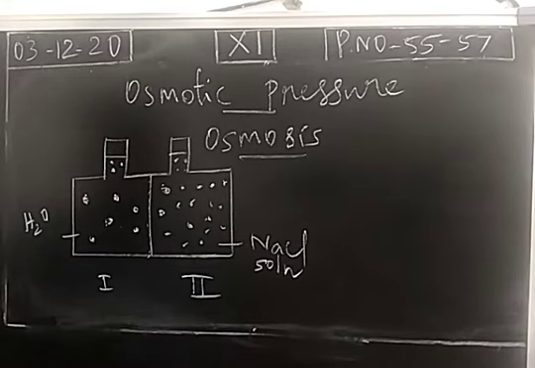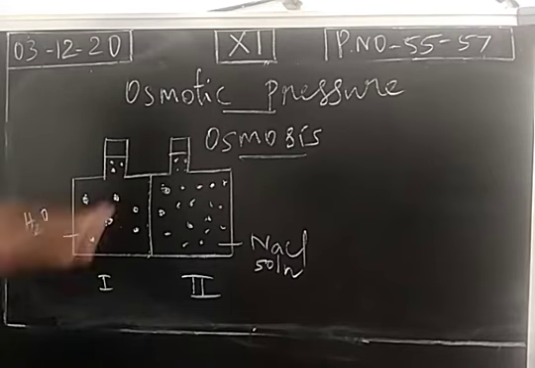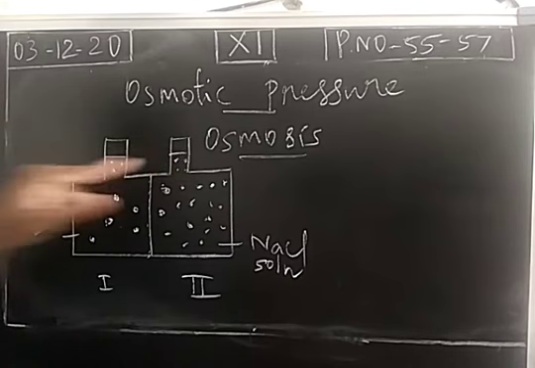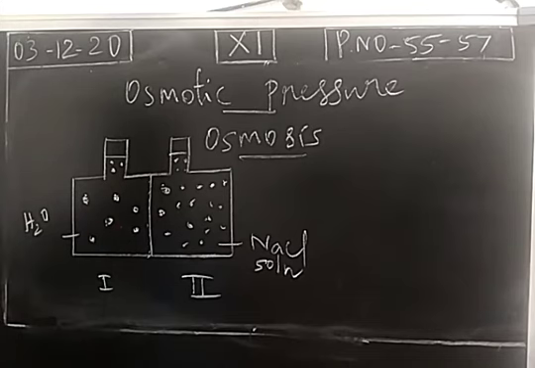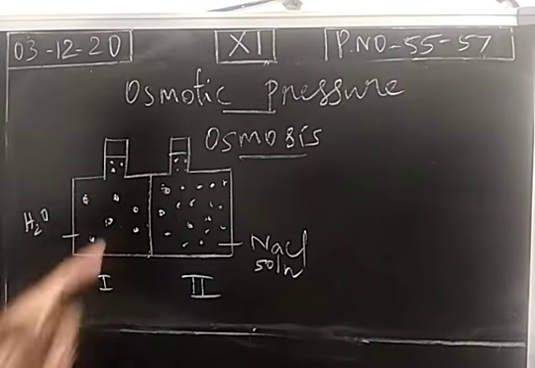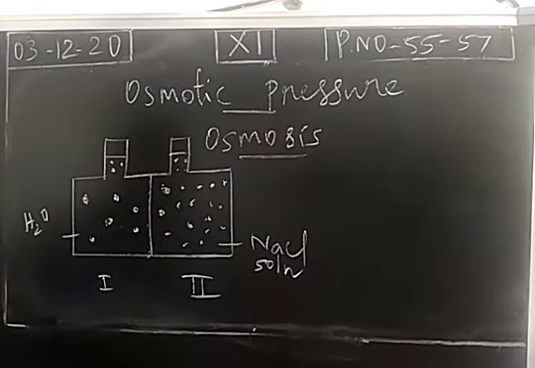So we have taken a container having two compartments. First one has pure solvent, water. Second compartment has sodium chloride solution. And the level of both the liquids should be equal. Okay, the level is equal. But think about the concentration. When you observe the particles, you can easily identify the concentration. So many dots are in the second compartment, which represents the solution with a higher concentration, and this is the solvent with very low concentration.